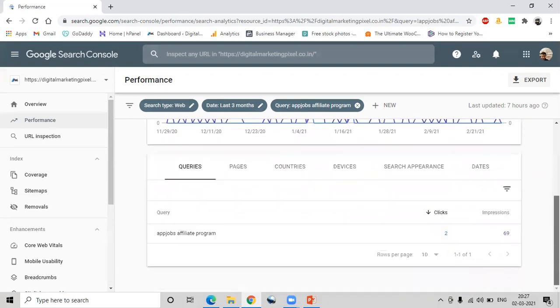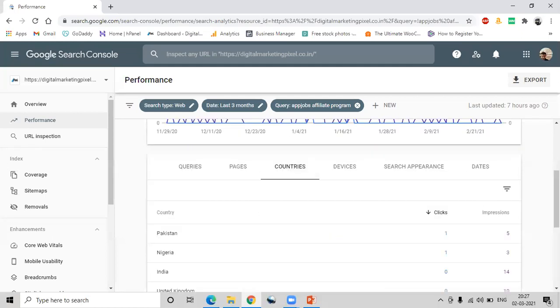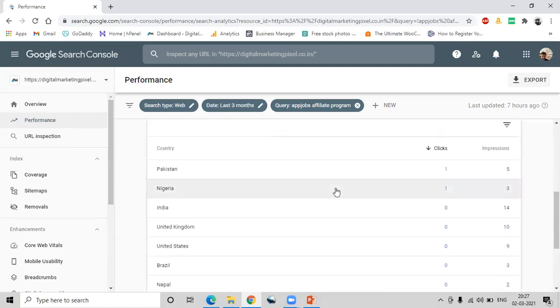See here, the keyword was app job affiliate program. The page is this. This is my page. See which countries. From Pakistan, 5 impressions and 1 click. From Nigeria, 3 impressions, 1 click. From India, 14 impressions, no click.